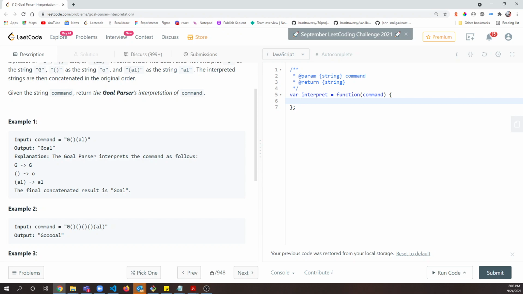So let's write the code for it. I'll initialize my result. Then I'll initialize my variable, which I'll use to traverse over the string. It will start from the first character. And while we don't reach the last character, we'll have a while loop while i is less than command dot length. So dot length is a property of a string which is used to return the number of characters in that string. So the very first case is if our